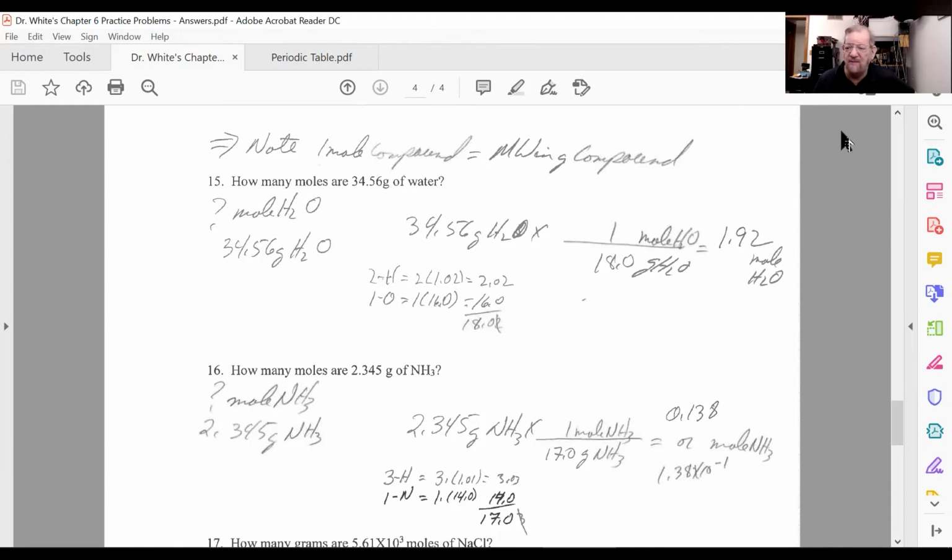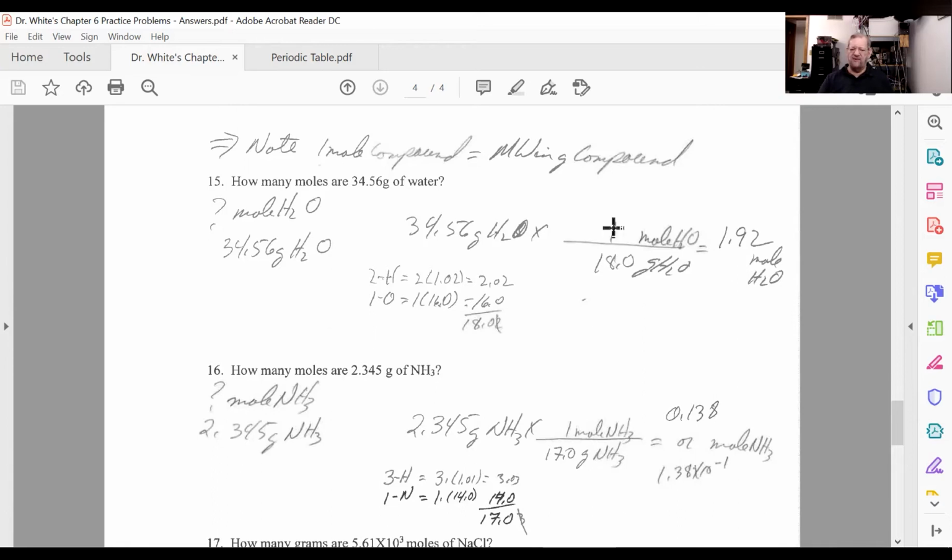Well, what do you do? Look at the problem and say first, what am I being asked to find? Moles of water. How many moles? What are you given? The weight of the water. This is the only number we have to start with. What do we want our units to be in the final answer? Moles of water. Use your good buddy, your good friend, unit analysis. Whatever we're trying to get to goes on top of our ratio to convert grams to moles. And whatever we're trying to get rid of goes underneath the ratio, grams of water.